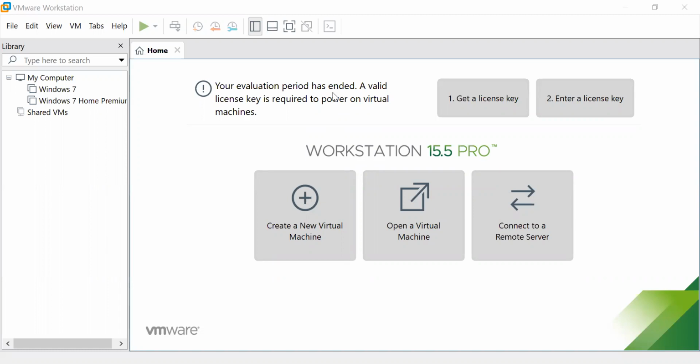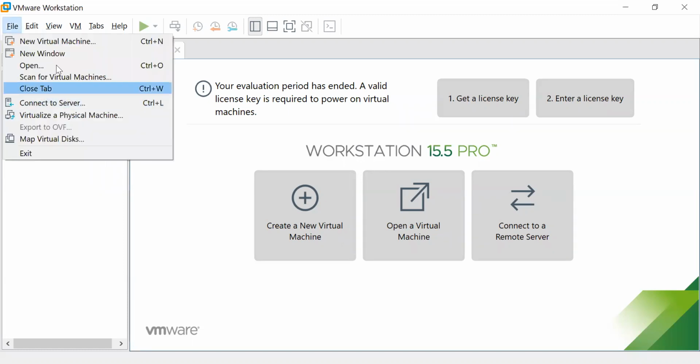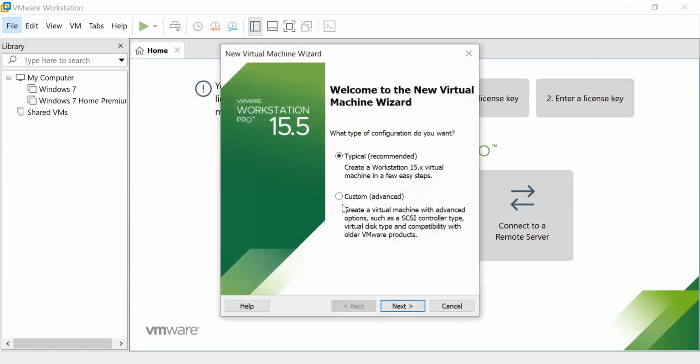I'm going to tell you how to install an operating system on VMware Workstation. First of all, before this, let me tell you that VMware Workstation is software where you can install virtual machines. You can install multiple operating systems, whether Linux, Windows, or any other. All right, here you need to go to File and open New Virtual Machine, and you